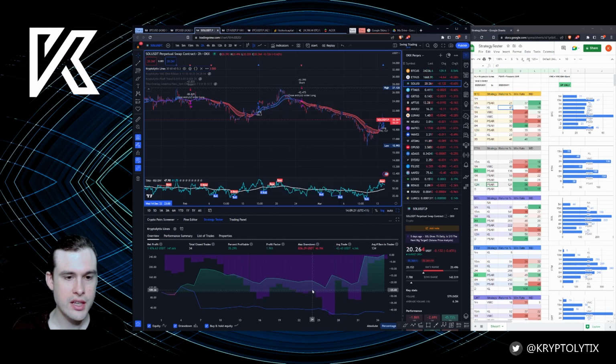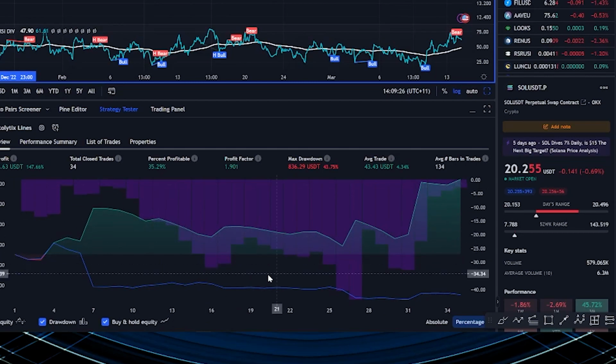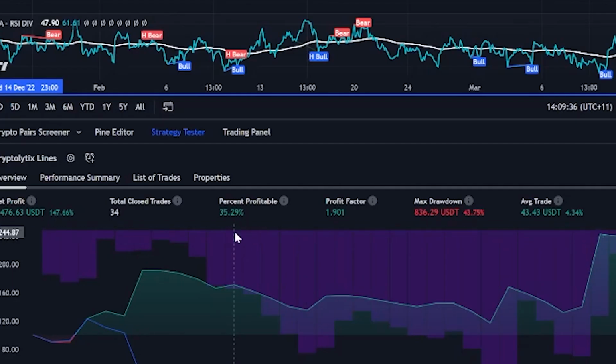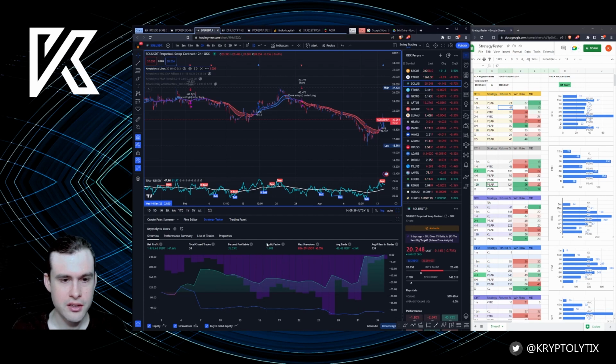And then you can see down here, once we select it, it gives us the performance and the strategy tester. Now this had a 44% rough drawdown over the course of this, only 147% return, and the win rate was only 35%, which is okay, because a lot of the time you go through these choppy periods where you get, you know, tiny loss, tiny loss, tiny loss, big win, right? So that's 3 losses and then 1 big win that absorbs those and then makes you more. So that's kind of the thing you've got to factor in.